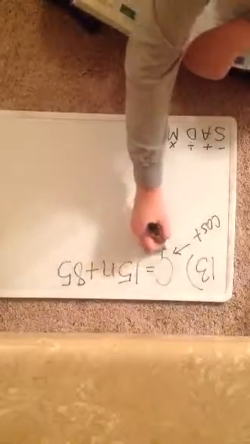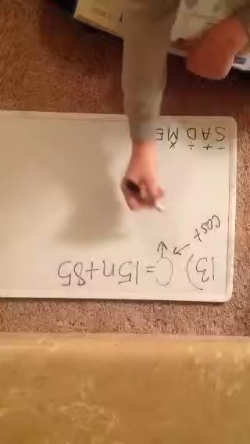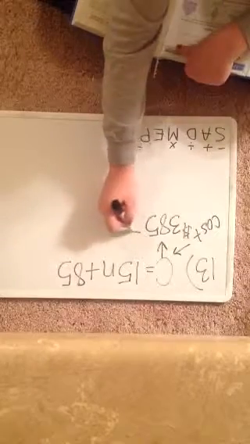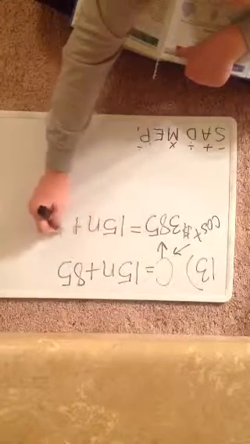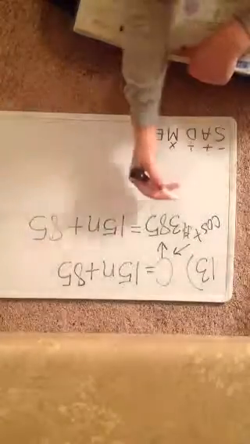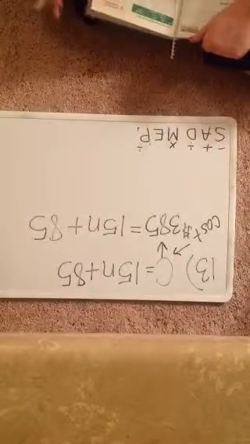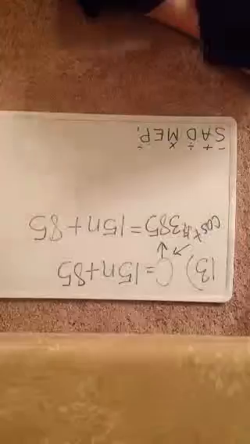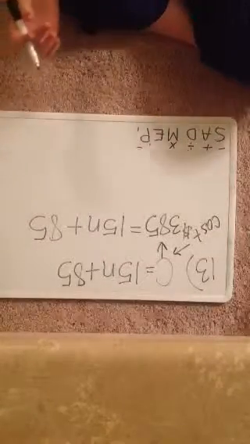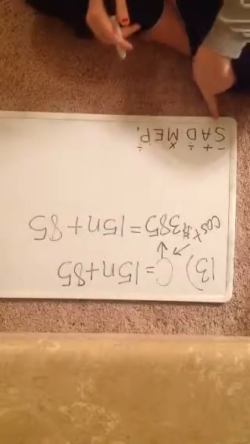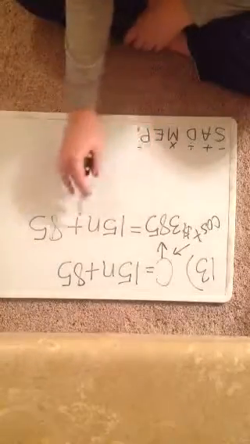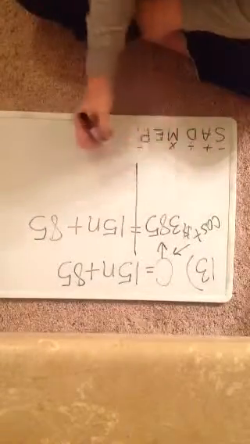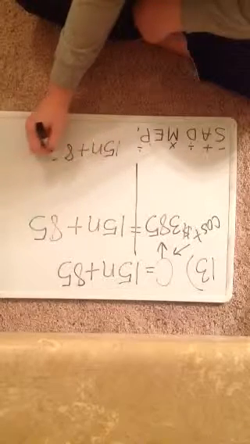So what we can do is we can replace this because we know what the cost is. So we know that we're trying to get to 385 here. Okay? And I also know that this formula is going to help me, or this equation is going to help me find my answer. So remember, we're trying to figure out how many watches can be made when you're paying this much money. So this should look like something we've been doing. And I'm going to go ahead and walk through the steps. So I'm going to look here. Here's my line. So if this really stresses you out, remember, you can always rewrite it. You can do 15n plus 85 equals